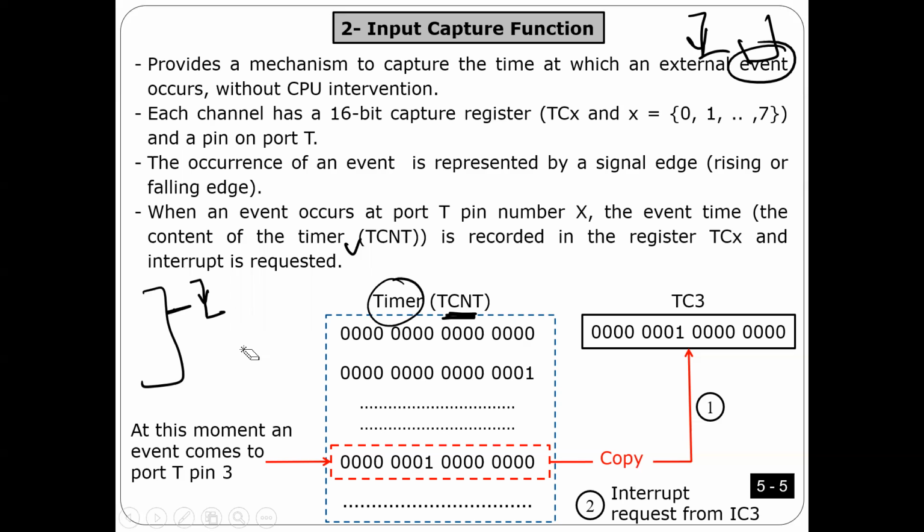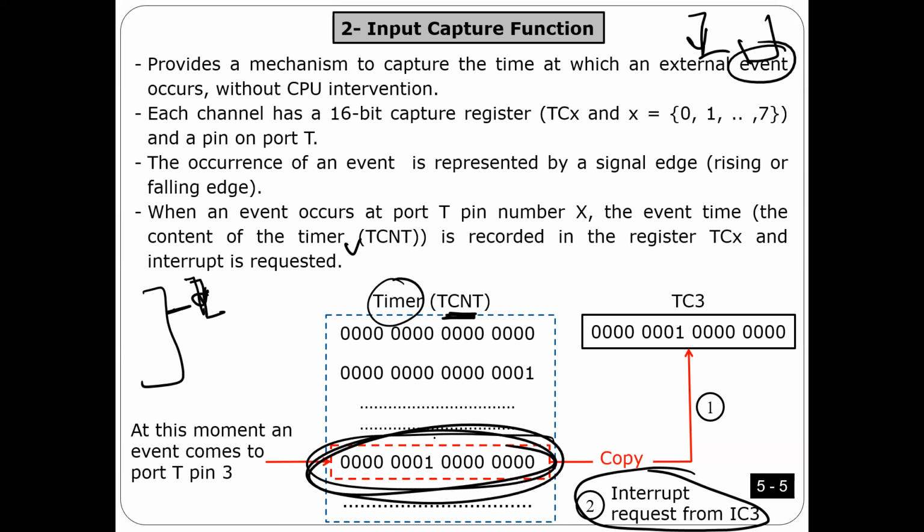every time there is a falling, two things are going to happen, as you see in this picture. Number one, interrupt is triggered. So every time there is a falling, interrupt, similar to IRQ. In IRQ, every time there is rising or falling, interrupt. Same thing here. But in addition to IRQ, there is another thing. The current value of the timer is going to be stored in a register. We call it TC.